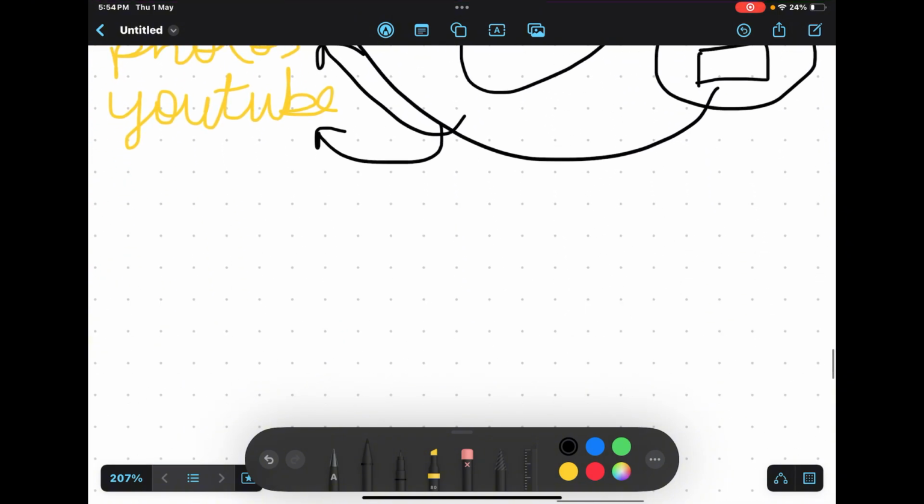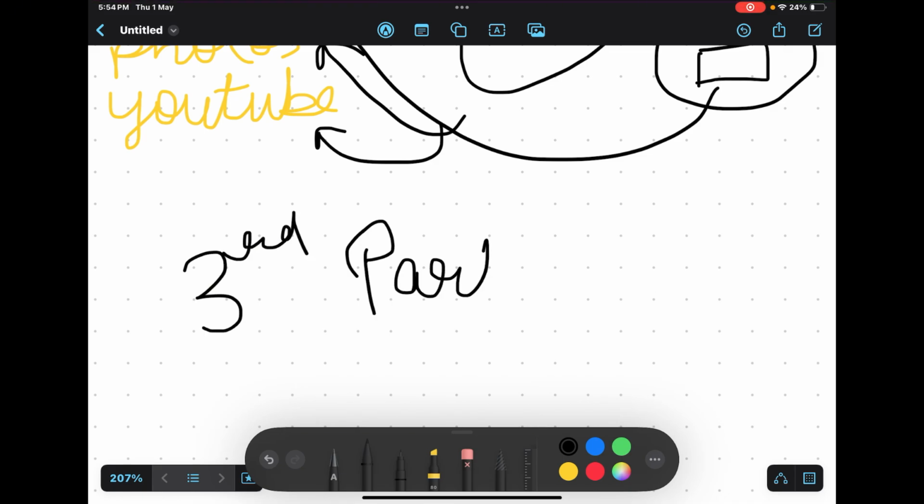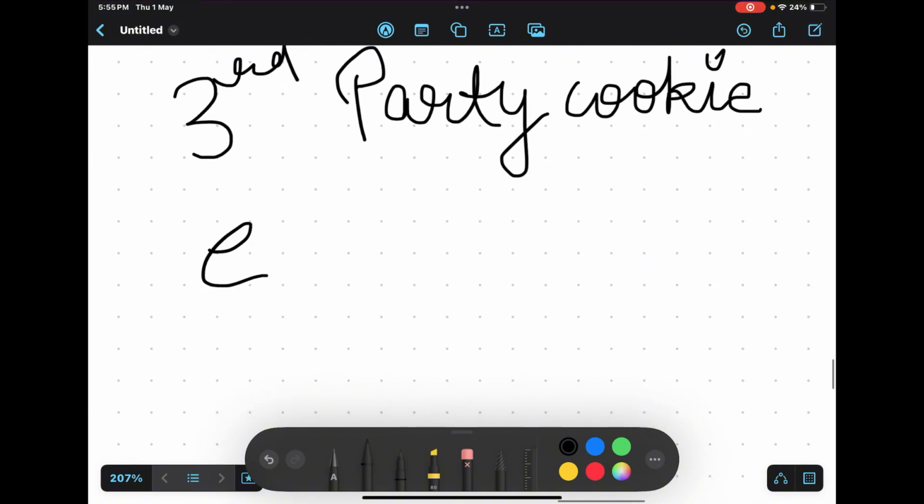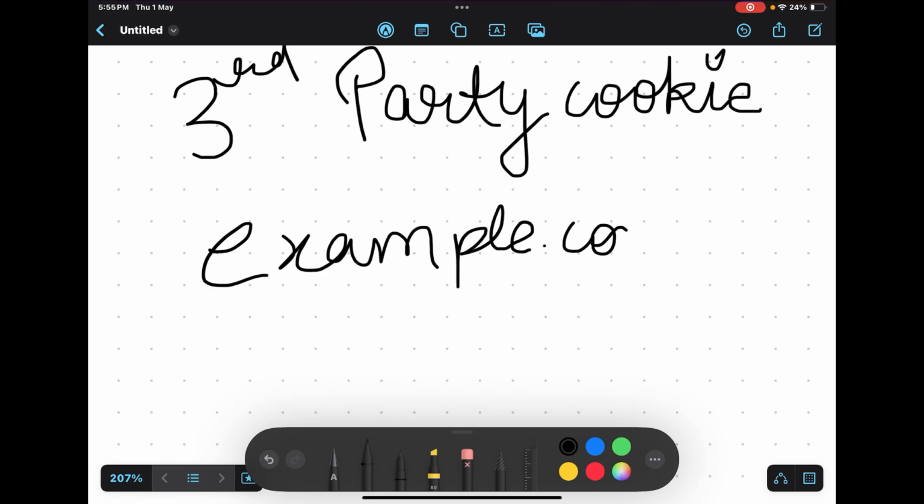Now, we are talking about third-party cookies. So, what are third-party cookies? Third-party cookies, as the name suggests, are set by a third-party website. For example, if I visit example.com, and this example.com runs ads, and these ads are run, for example, from tracker.com.